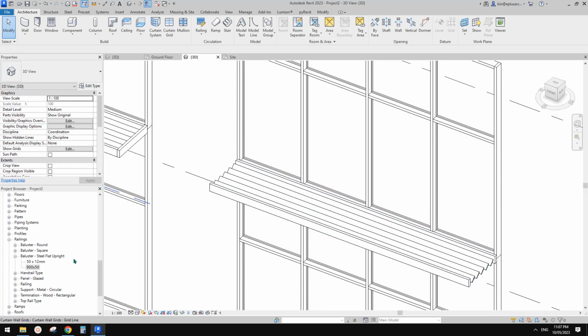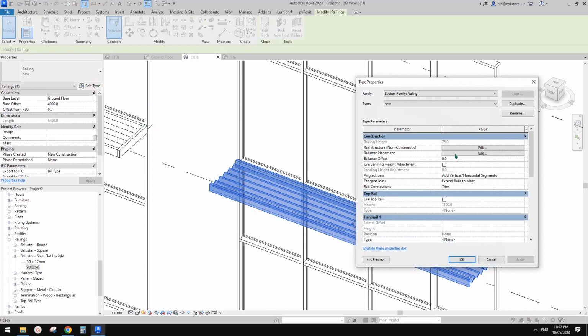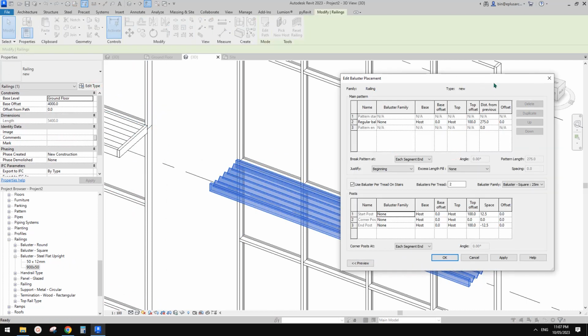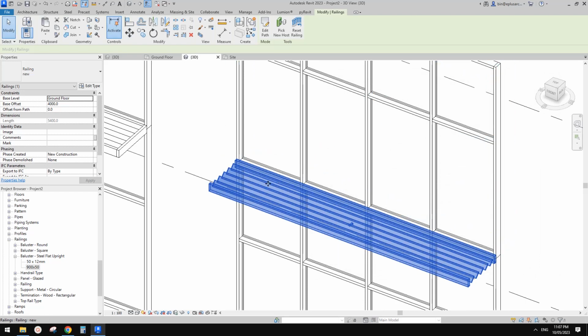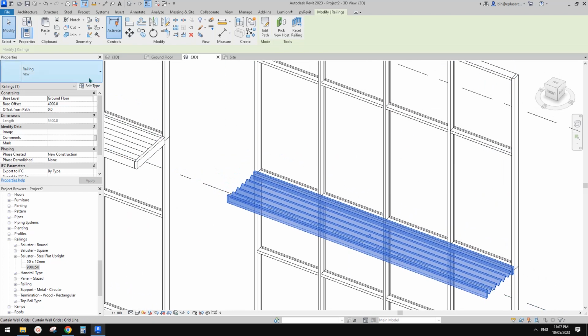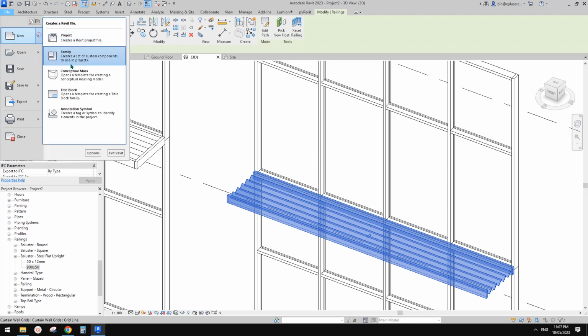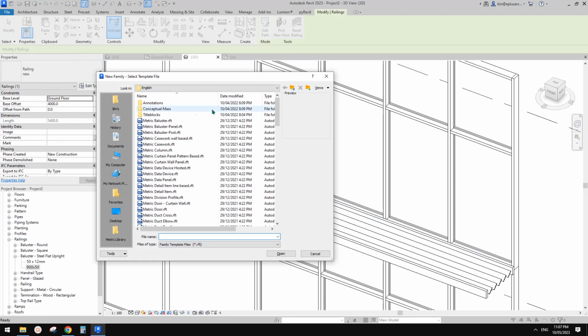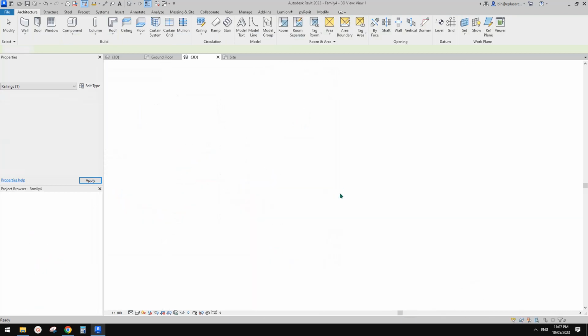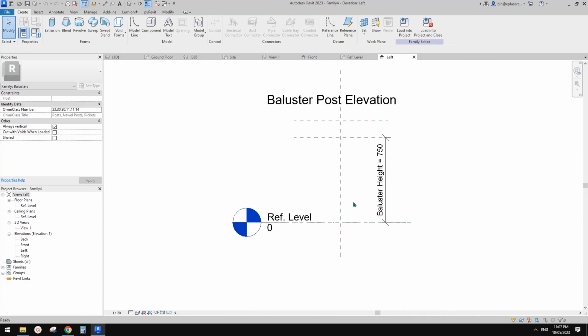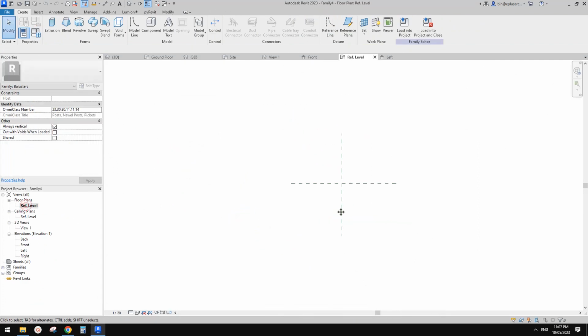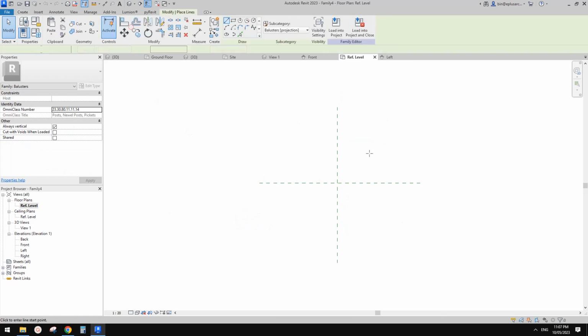We can also use, in this baluster, a post family, which means we're not going to use the profile. We're going to create a post family. So let's go create family. Let's create some baluster post. Okay, so open. For this baluster post, let's go to floor plan. I'm going to create